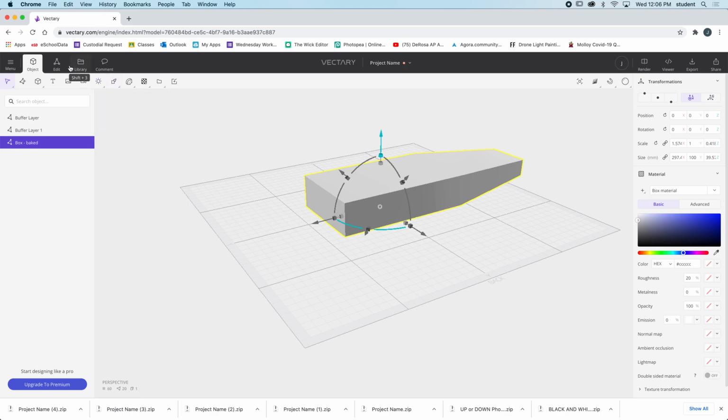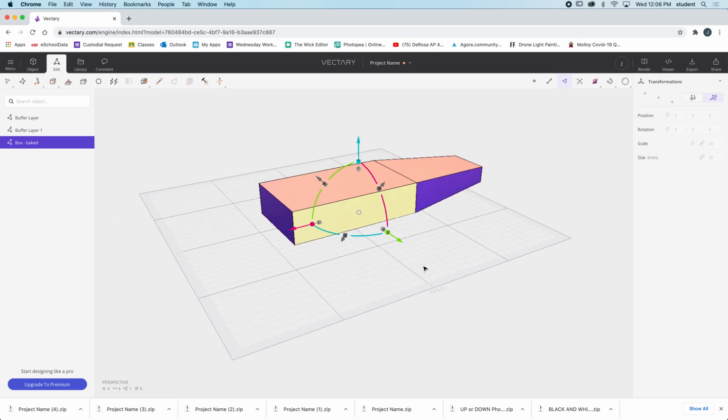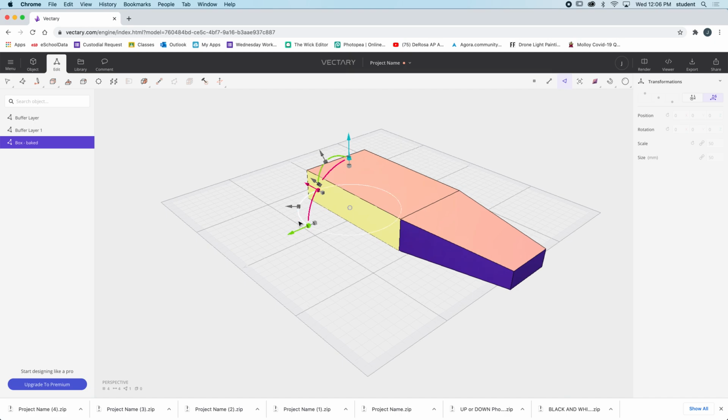Okay, I don't see one, so I'm just going to go back to the edit. I'm going to click on this one face. We'll just start with this one face here. I'm going to click on the bevel. I'm going to bevel it, and then I can move it out by just clicking that face and using my